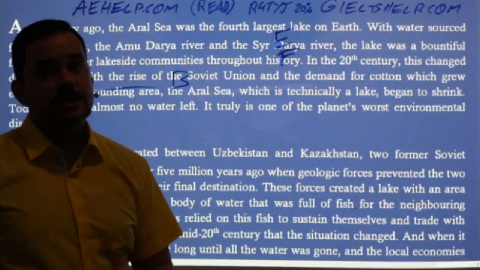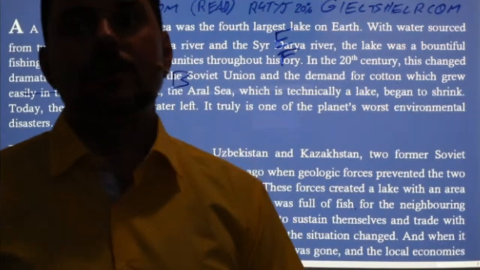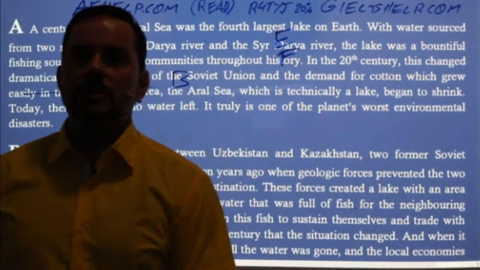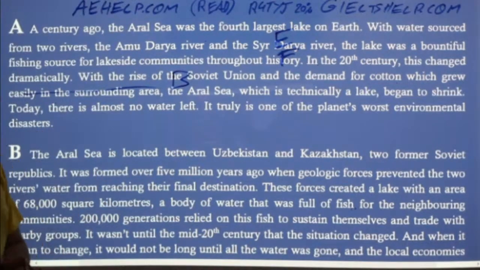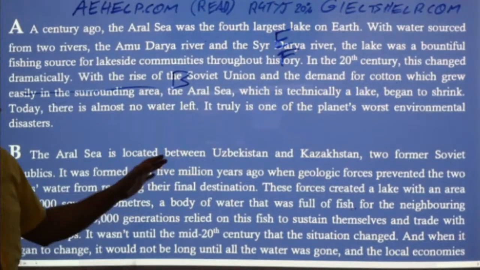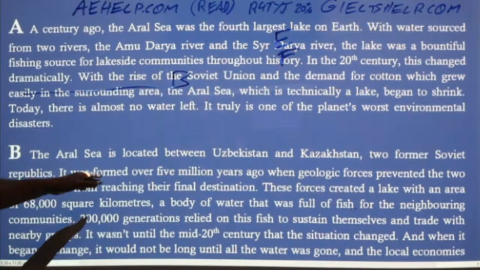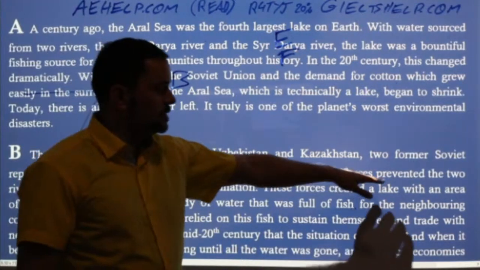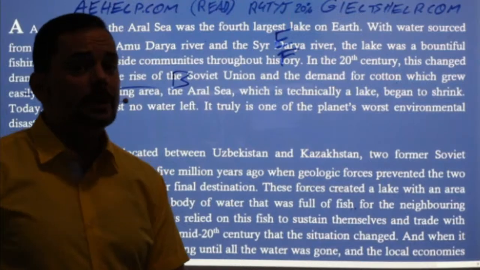In a university exam, in a college exam, and for Band 8, Band 9 questions on the IELTS, you're not just looking for the right answer, you're looking for the best answer. Which one is the best answer for the origin of what created the Aral Sea? B, right? Because it not only explains the 2 rivers, but it also explains that geological forces prevented the rivers from reaching the destination. So be really careful.